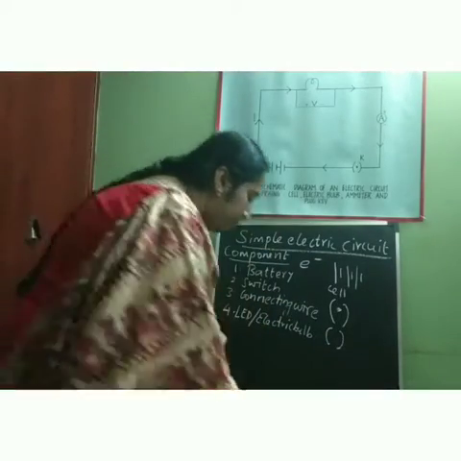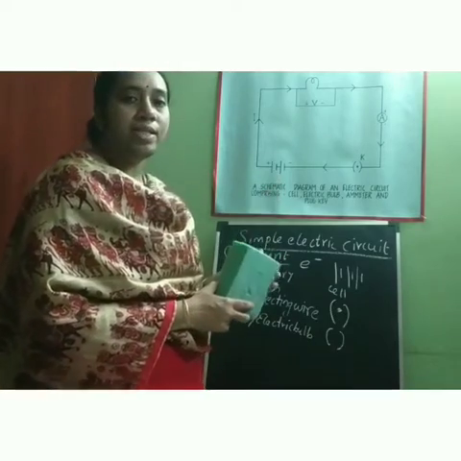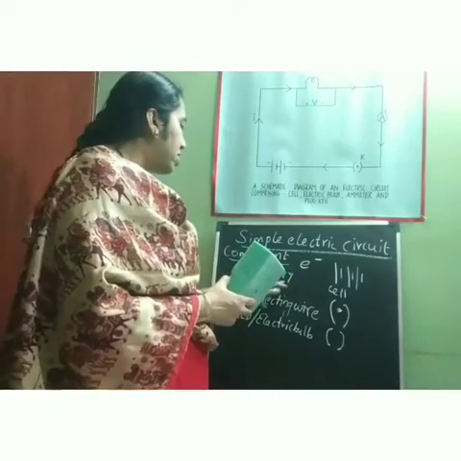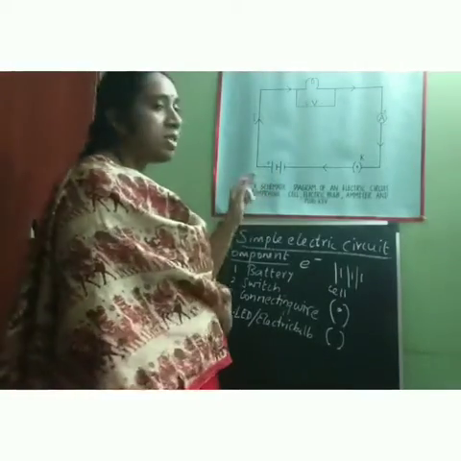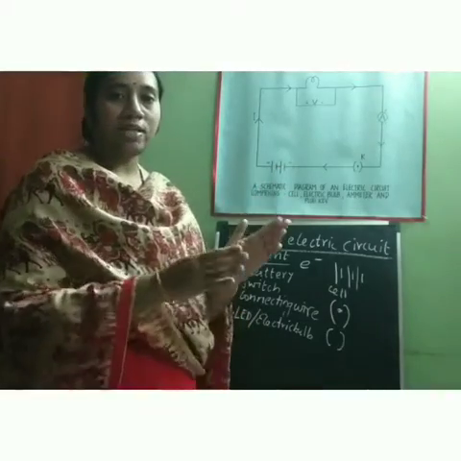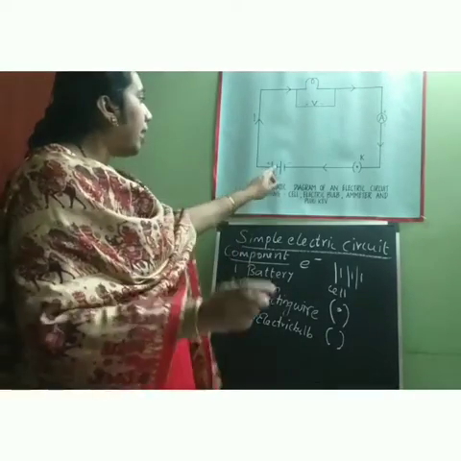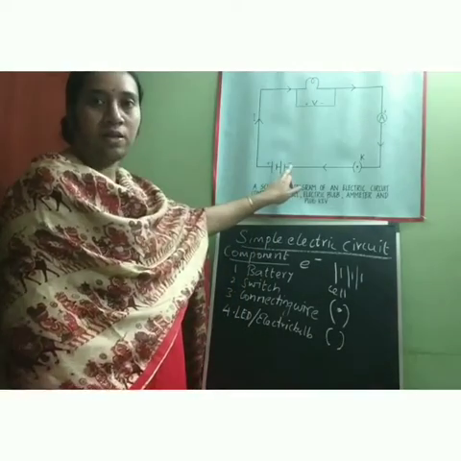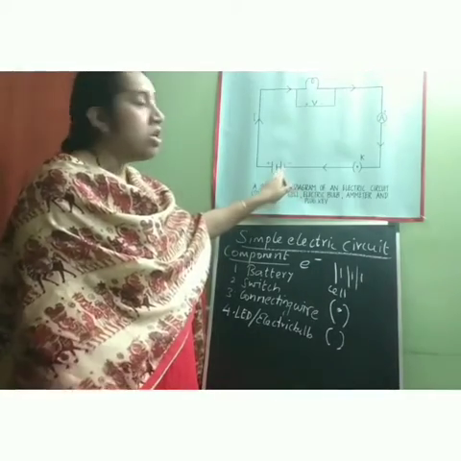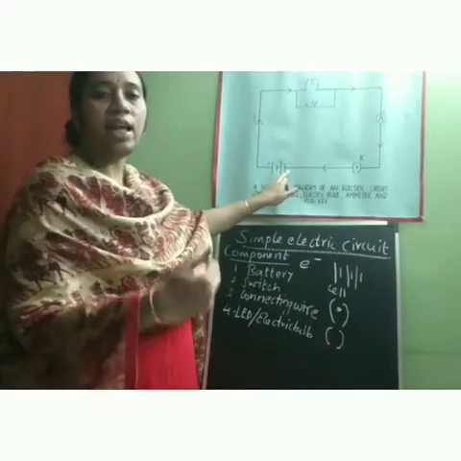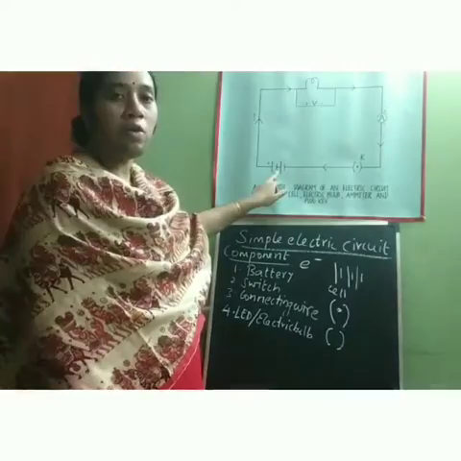Now I am going to explain in detail the function of each and every component present inside the electric circuit. What is the first component? The first component is the battery. What is the function of this battery? When this battery is placed in a proper order, it produces a potential difference. Battery has two terminals, plus and minus. So this difference in terminals will create a potential difference. This potential difference will initiate the flow of electric charges inside the conductor. So this is the main function of the battery.